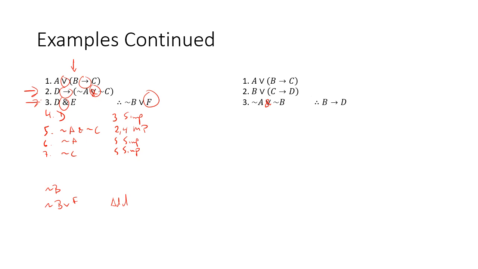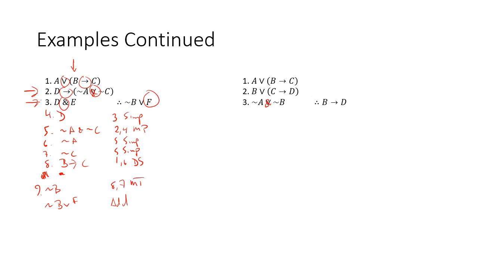And so I'm going to use the not A to break up, or the first step of breaking up 1, which is disjunctive syllogism. So A or a bunch of stuff, not A, so therefore a bunch of stuff, which is B arrow C. So that's 1 and 6 disjunctive syllogism. And then I'm going to use the not C along with 8 to get not B. Oops, I already have it written down here. So not B comes from 8 and 7